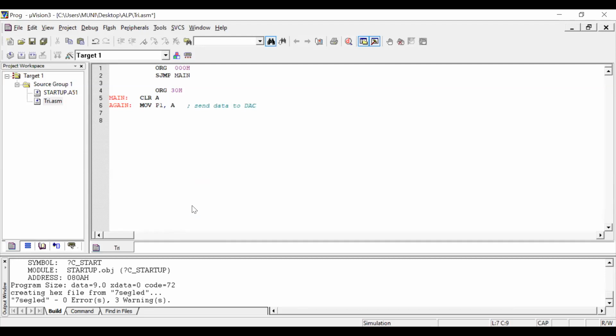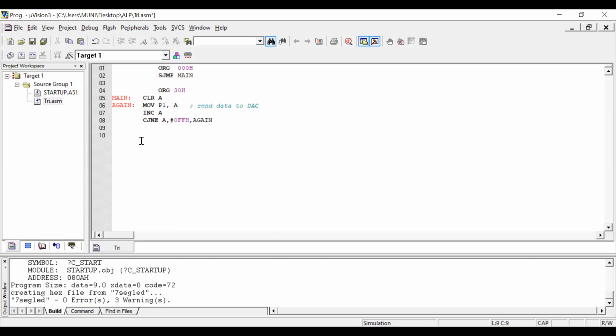And next one is increment accumulator. Check whether it is equivalent to FF: CJNE accumulator, #0FFH. If it is not equivalent to FF, then perform again. So here again indicates that the value will be loaded into port 1. Again increment. This will continue up to FF.